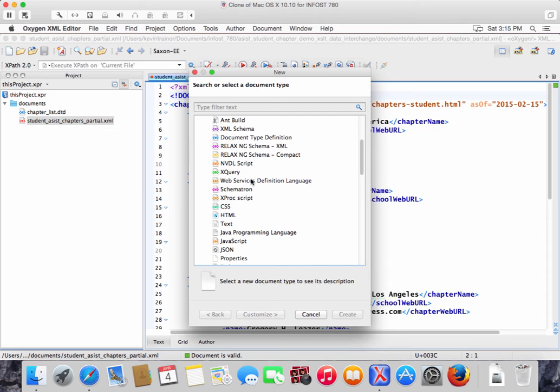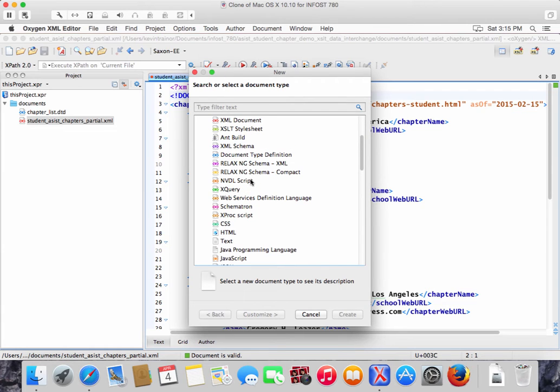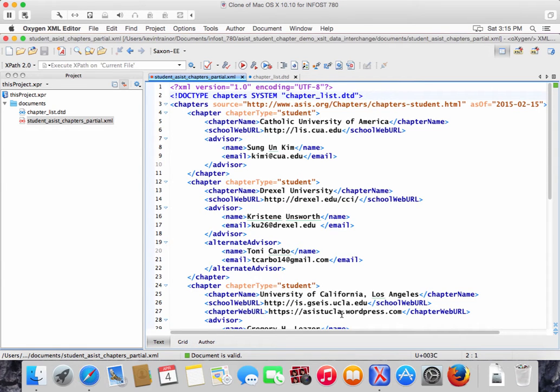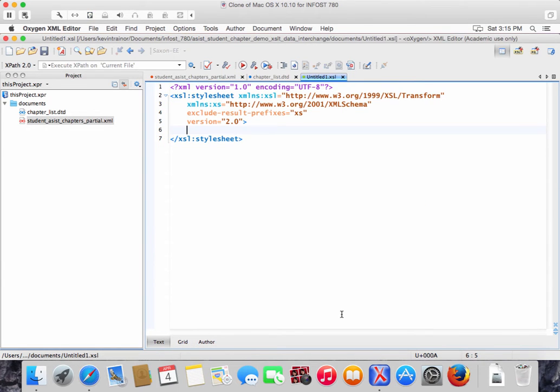XSLT, these are not in alphabetical order. So XSLT is actually up towards the top because it's frequently used, I guess. So we say create, and it's going to create a